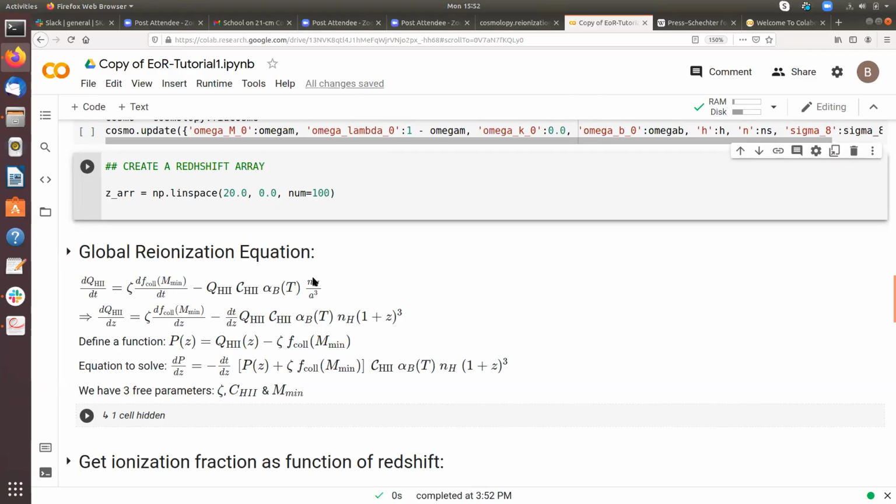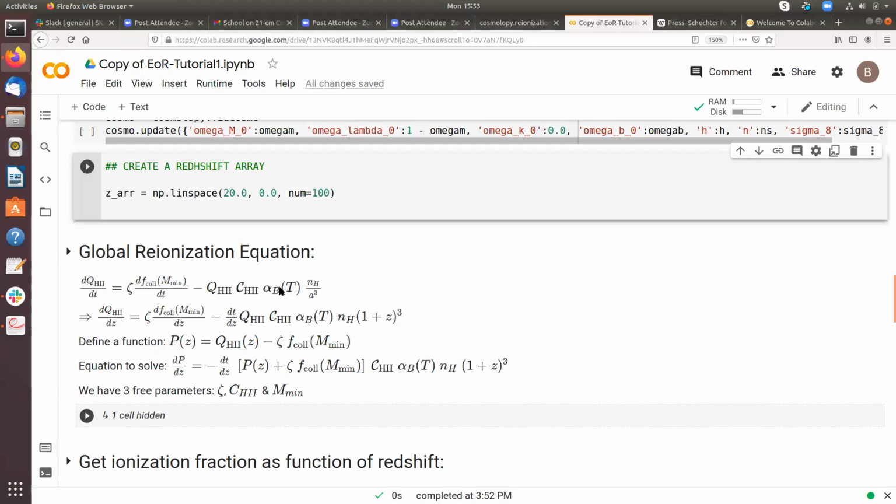And this term is coming from the recombination, as you know, and for recombination we have to have some amount of ionization fraction, because otherwise recombination will not happen. We have to have some ionized atoms. That's why it's proportional to the ionization fraction itself. The clumping factor is coming from the clumpiness of the medium, or the inhomogeneous medium, and you can think of it as the strength of recombination. So the larger the clumpiness of the medium, the stronger the recombination will be.